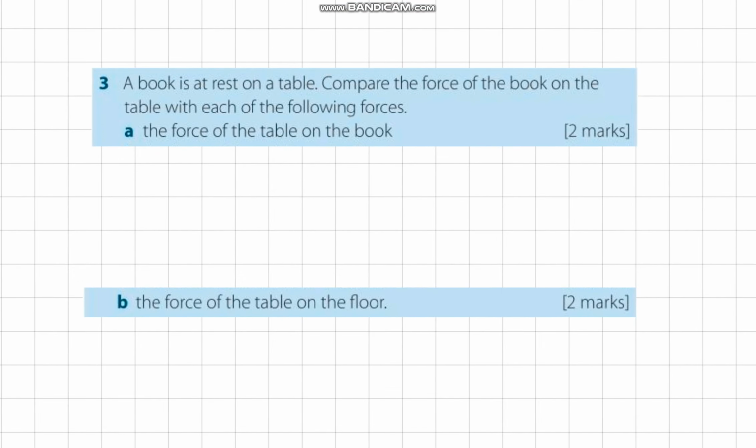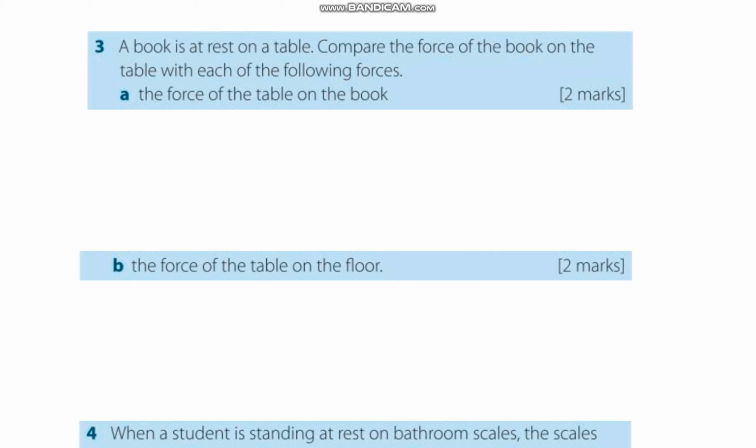On to question 3 then. A book is at rest on a table. Compare the force of the book on the table with each of the following forces. A, the force of the table on the book. So we're saying, how does the force of the table on the book compare to the force of the book on the table? So if we imagine the table here, and then there's a book on the table,